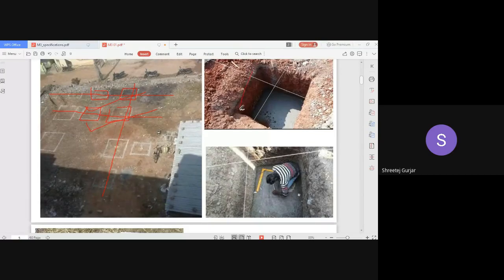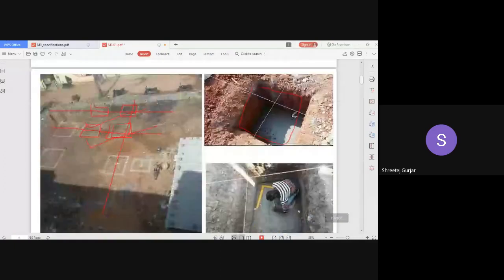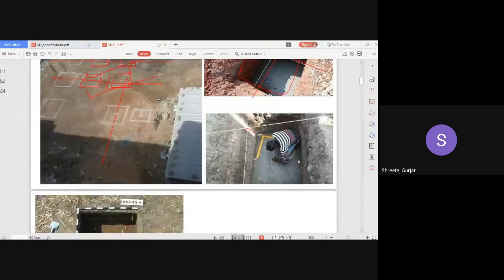You can see in this picture they have excavated the required size as the line out on this chart. You can see the line dory is passing like this. Using this line dory, the location is transferred to the ground, and he's marking the column size.